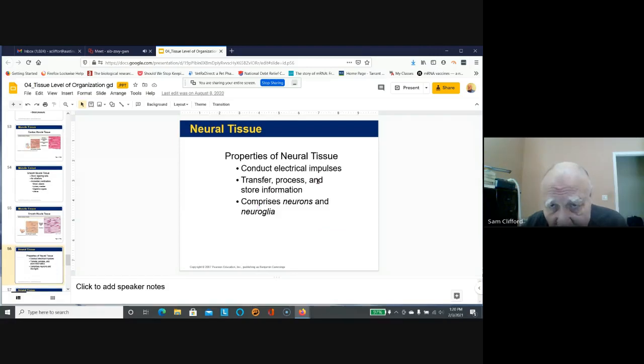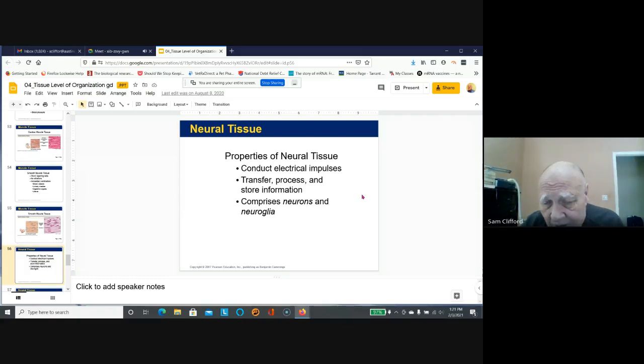Neural tissues conduct electrical impulses. We'll get into that. So neurons are nerves, neuroglial cells are nerve glue. But we'll talk about something called an action potential or a nerve spike. Nerves can carry electrical impulses to allow activity in the brain, to cause muscle contraction, to have sensation from your skin. So muscles contract and